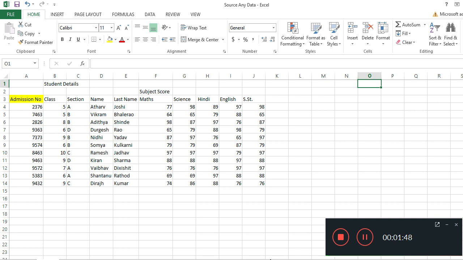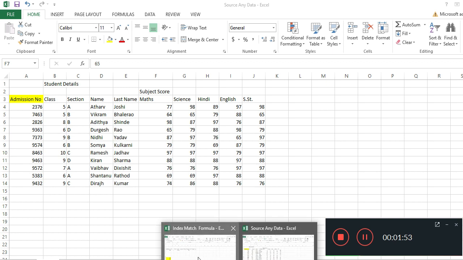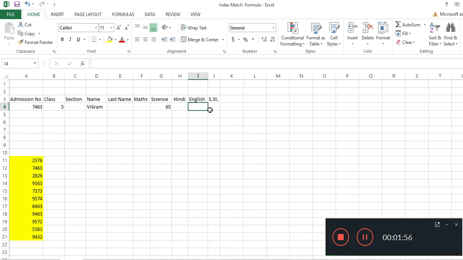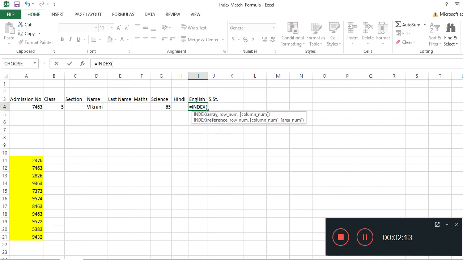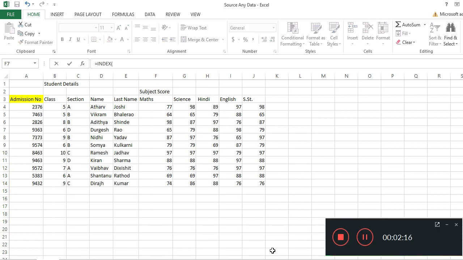So now we'll understand the formula of INDEX MATCH. First of all, select the cell where we want to apply it. Let's say we want to put the formula in to get the marks of Vikram, what he scored in the English subject. So we type equals INDEX, tab, and go to the other sheet, that is the source data sheet, drag and select the cells of score, then comma,